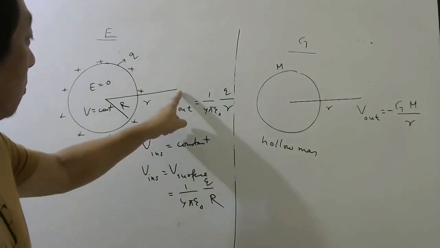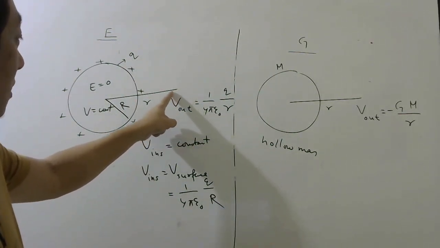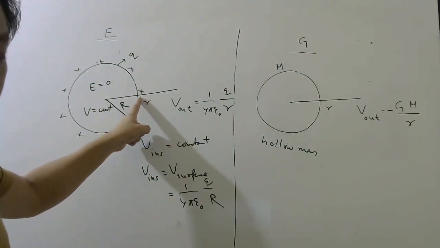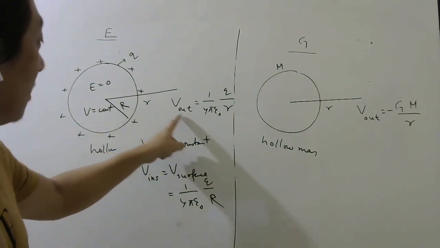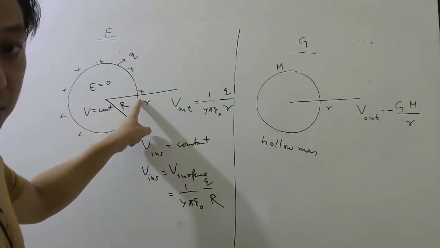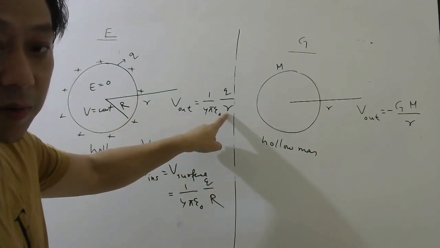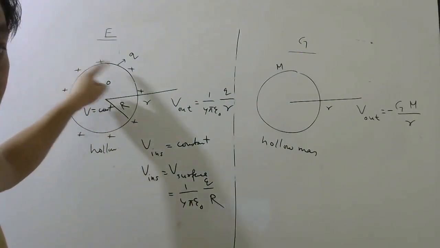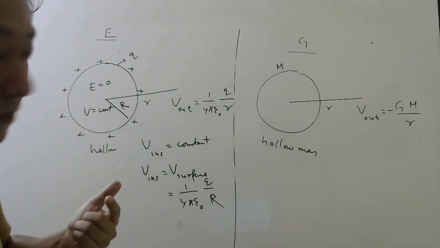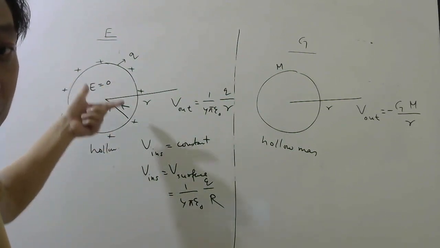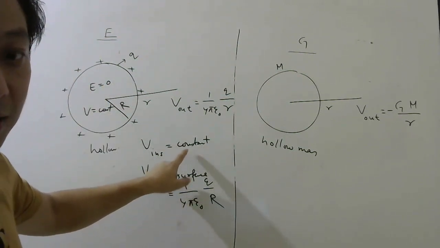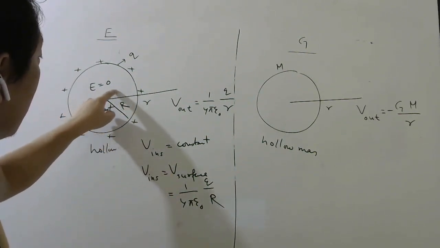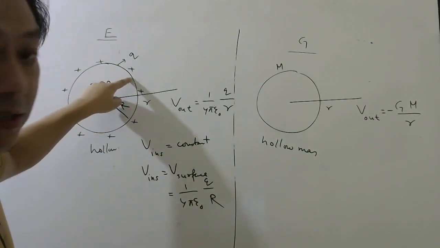So this is true for a point outside, right? If I come like this, till I reach the surface, this formula will be true only till that point. So at that point, the potential is just small r replaced by capital R. But since we know the electric field inside a hollow sphere is 0, the potential inside a hollow sphere has to be constant. And that will therefore be the same as on the surface. So till you reach here, it is the same only.